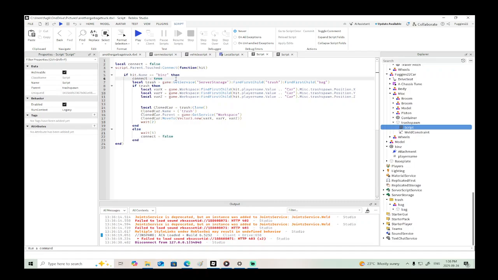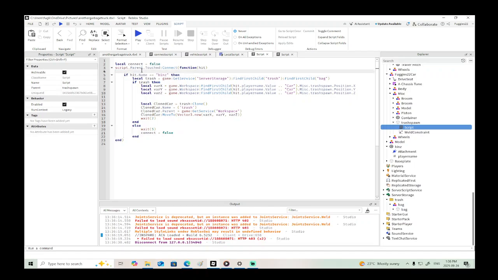Let's see. So when it hits it, here we gotta fix this here. You can say if connect equals false, then